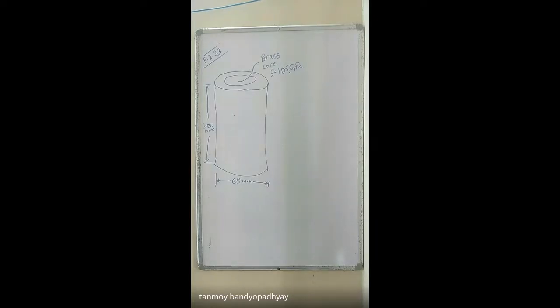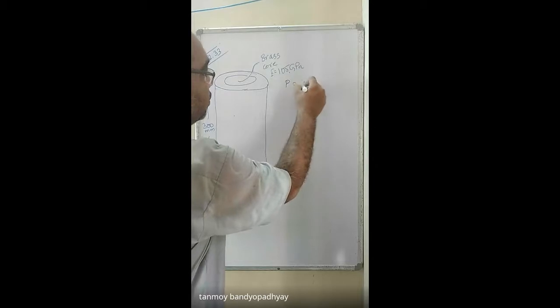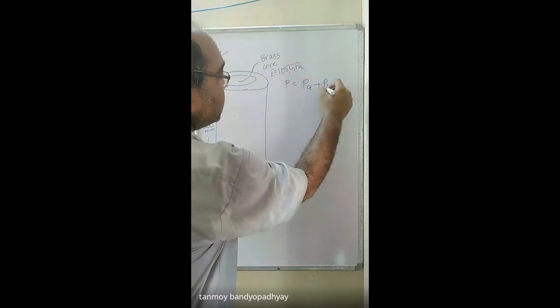আচ্ছা, so লিখে নাও, let PA and PB be the corresponding axial load shared by the aluminum and the brass parts. Let PA and PB be the axial load shared by the aluminum core and the brass shell, such that PA plus PB is the total load. So the total load will be equal to PA plus PB.